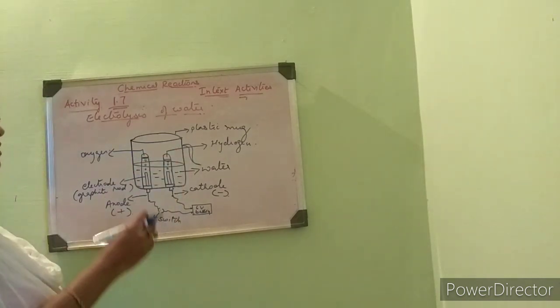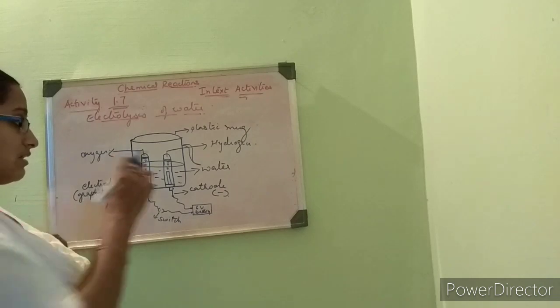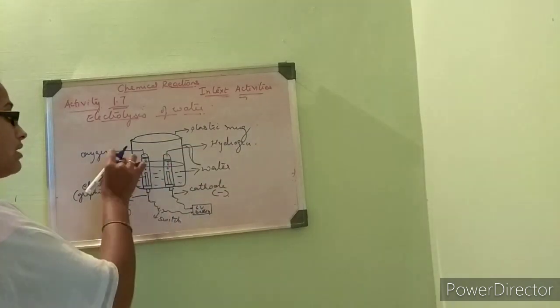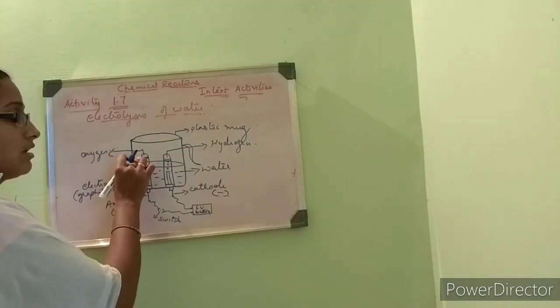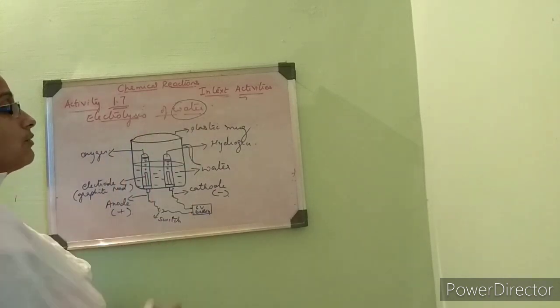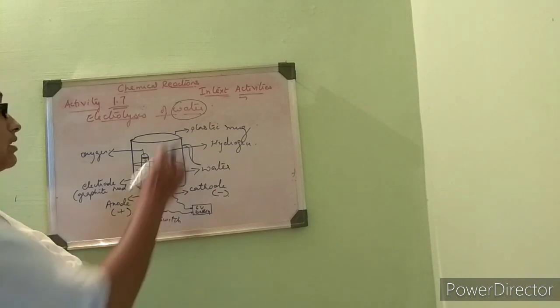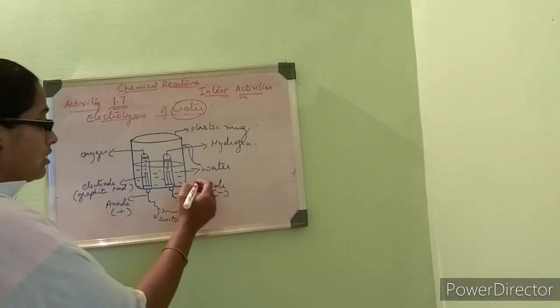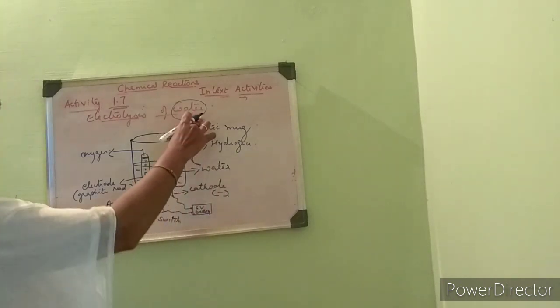The faster gas that gets collected is hydrogen, and oxygen gets collected very slowly. Since water is not a very good conductor and it takes a lot of time to split into its ions,